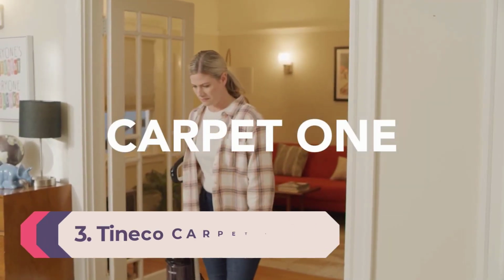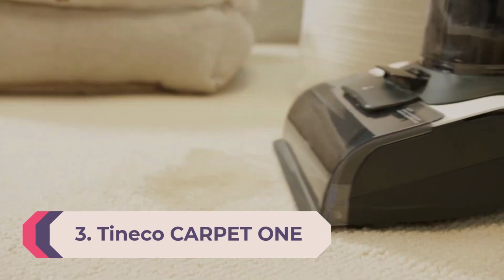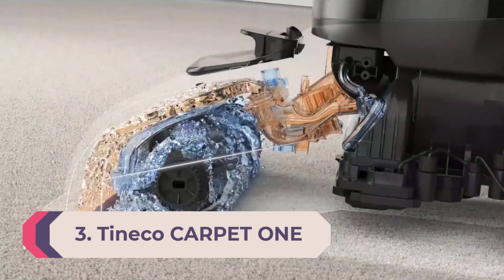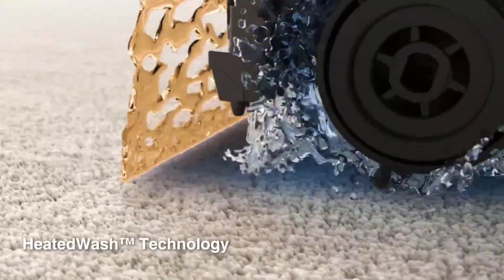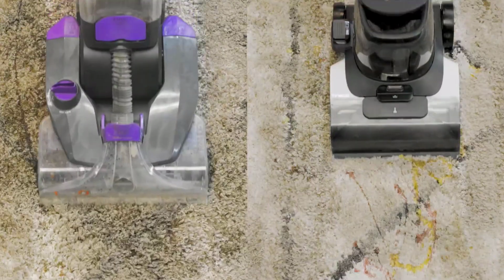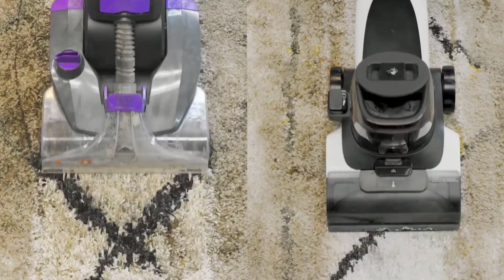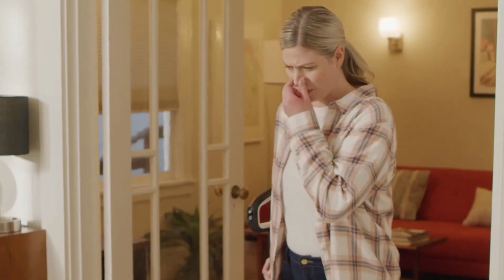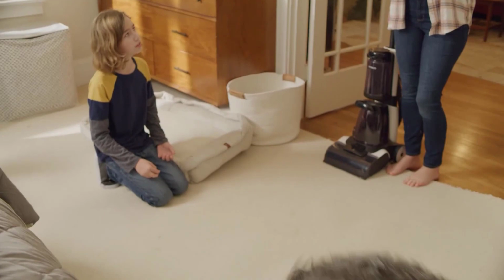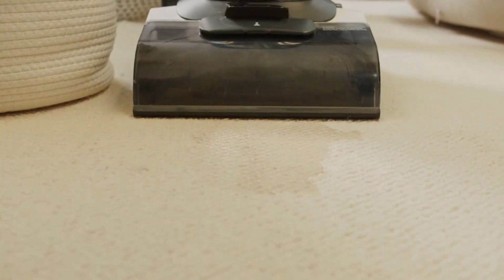Number 3. Tineco Carpet One Smart. Even carpet cleaners are getting smarter these days. Tineco's Carpet One Smart Carpet Cleaner brings intuitive technology to the carpet cleaning space. Like the Tineco Combo Vacuum Mops we've tested in the Good Housekeeping Cleaning Lab, this carpet cleaner works with an app and automatically adjusts the suction and water flow according to how much dirt and debris it detects is being